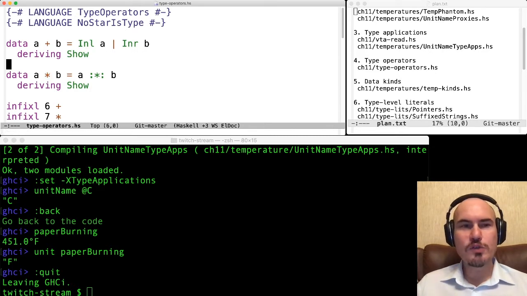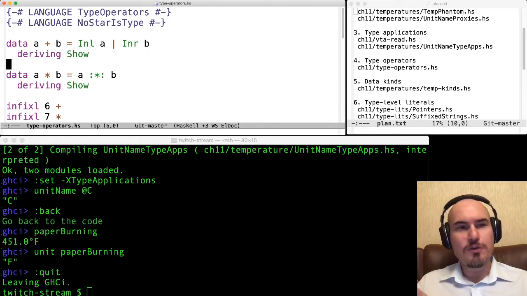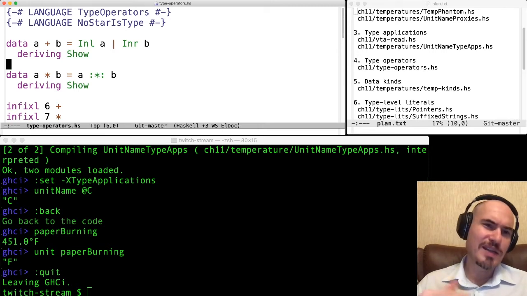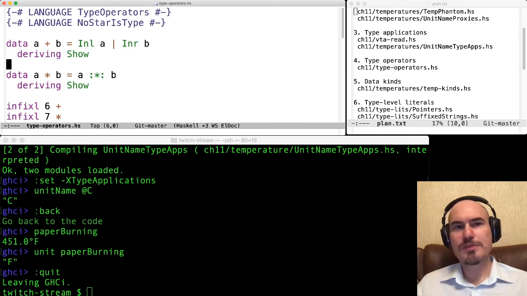So if you want, you can look at this example by yourself. I will not go further. I personally am not very fond of these operators in types, because we can get some not very easily readable expressions and types, but still, sometimes we can use them for good things.